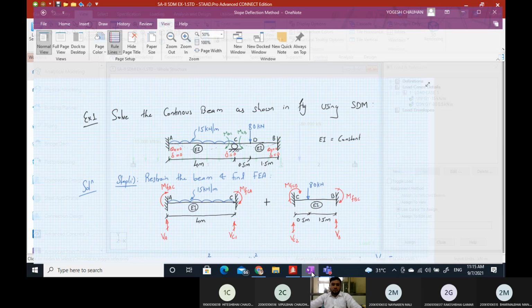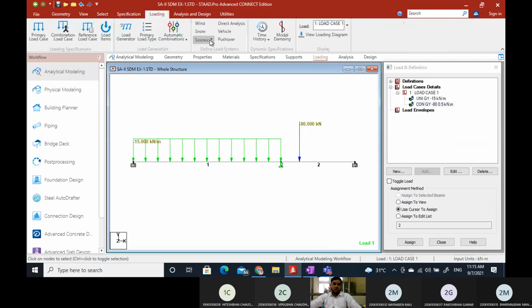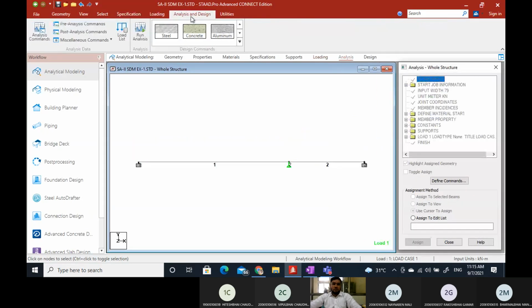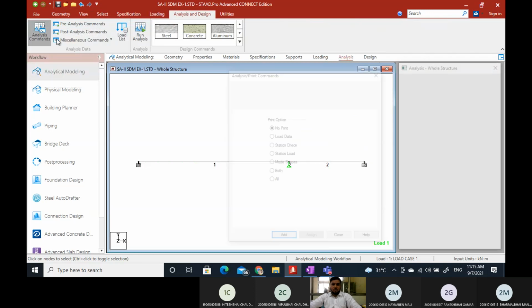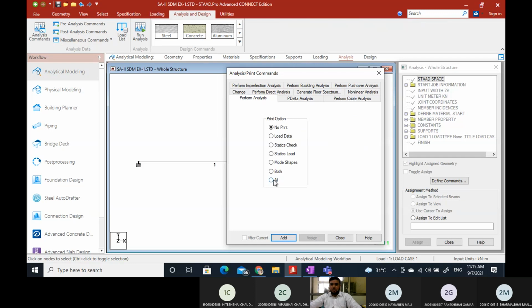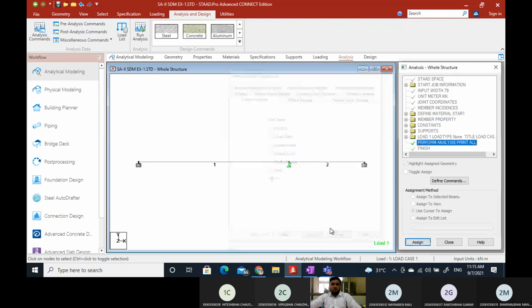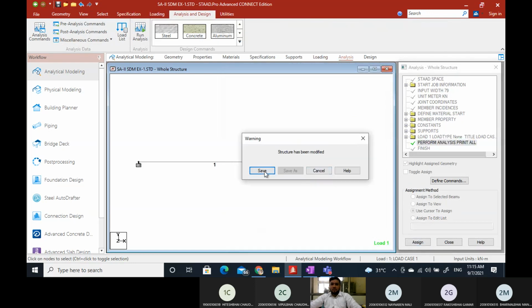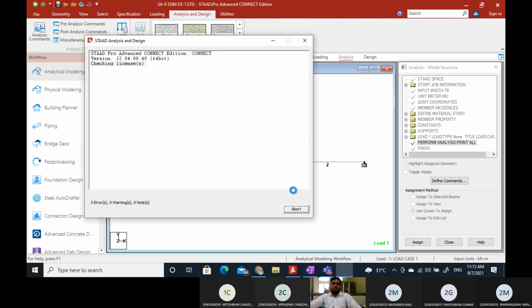Okay, so we have applied the load. Next, go to analysis and give an analysis command, add, close, and then we run the analysis. Before that, it asks for save.